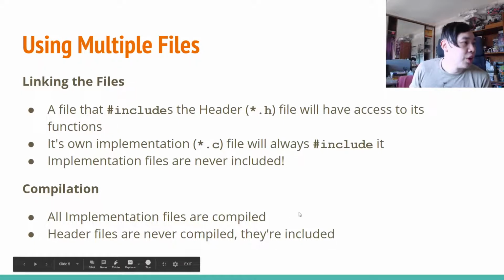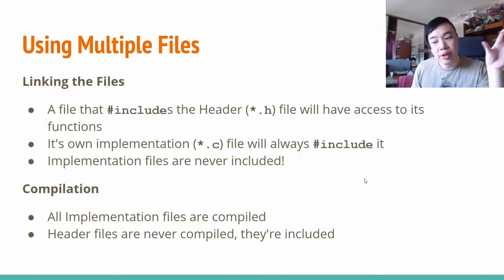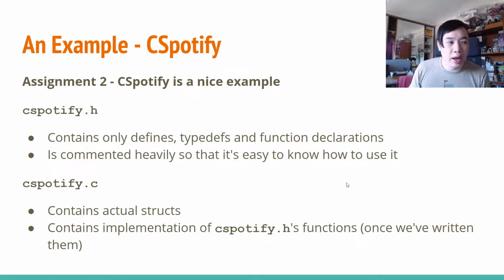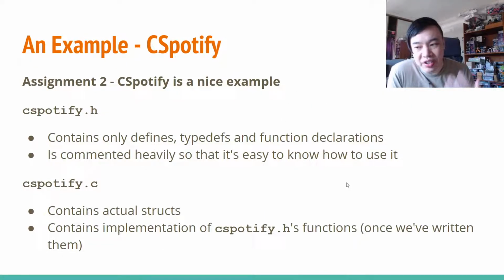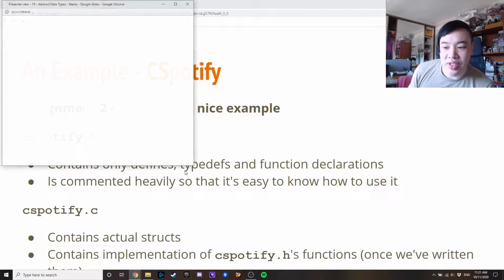Okay, so when we're using multiple files, we know that the code's in the C file, and the header is like the recipe for the code. So the headers are included, the code files are compiled. A good example of this, and I've already started talking about this a bit, is your Spotify. So your second assignment has an ADT, an abstract data type. So we can see that, oops,